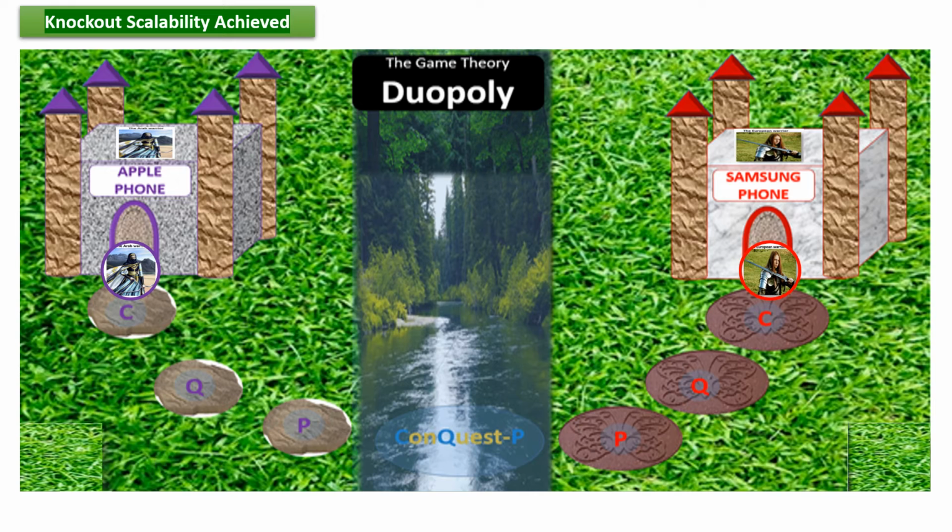We have another option of a knockout scalability achieved. That is accomplished through profit level instead of cash level. Here in our battlefield indication, you can see how fast Apple has arrived at the river. And that will be an indication of how great Apple has been at lowering the costs. And that can be through the use of things like technology.